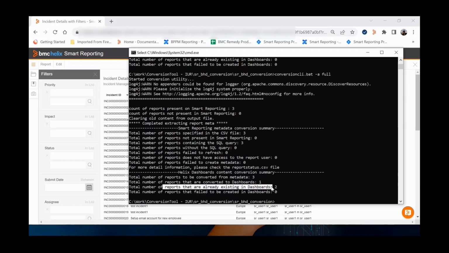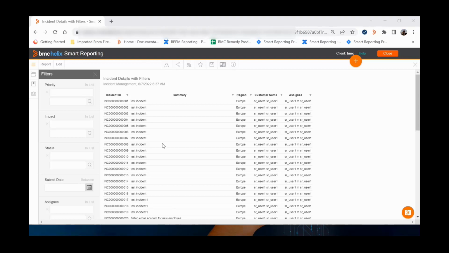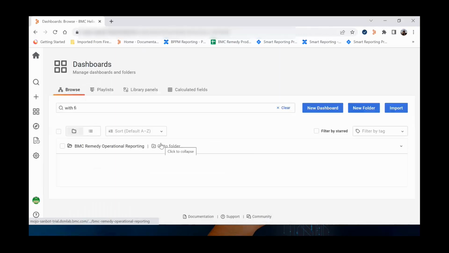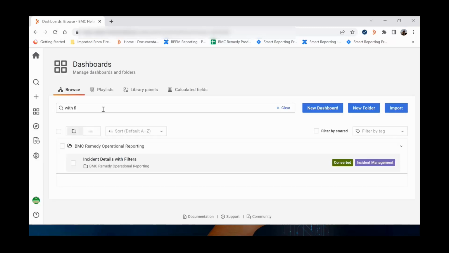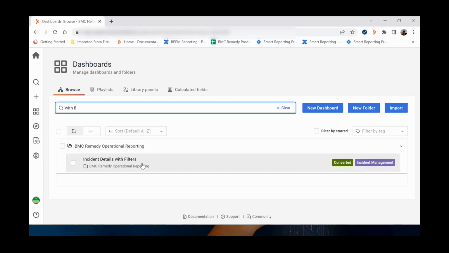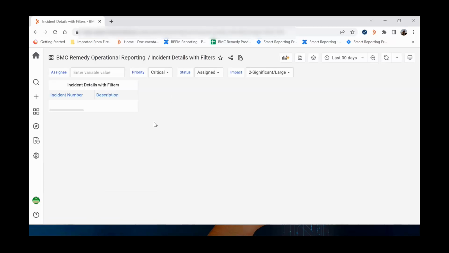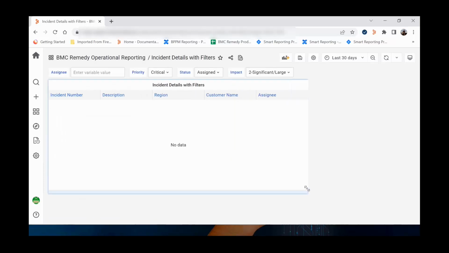For the other 2, there is an error, that is, dashboard already exists. So this one we deleted, this we didn't delete. So it identified a dashboard with the same name already there, so it will not overwrite. So let's go to see the dashboard. Okay, this dashboard is generated again, and you see there is one more filter, that is assignee, that